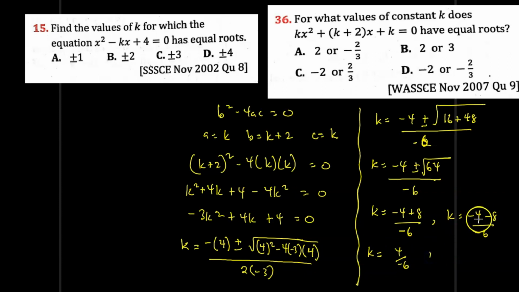And negative 4 minus 8 gives us negative 12, so k equal to negative 12 on negative 6. Final answer, k becomes either negative 2 on 3, or